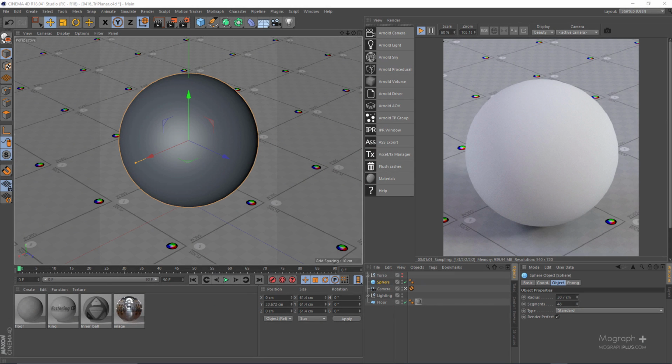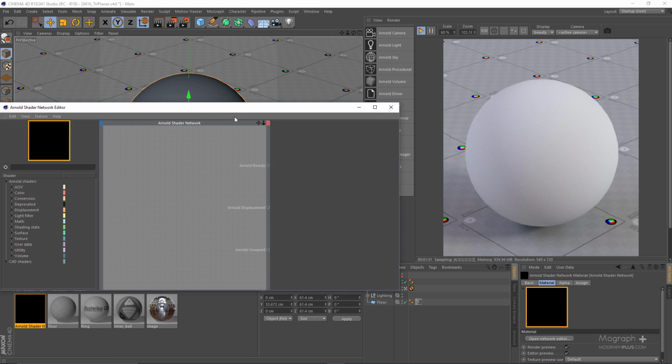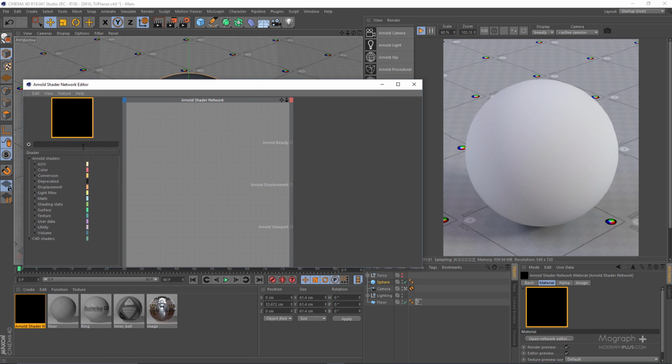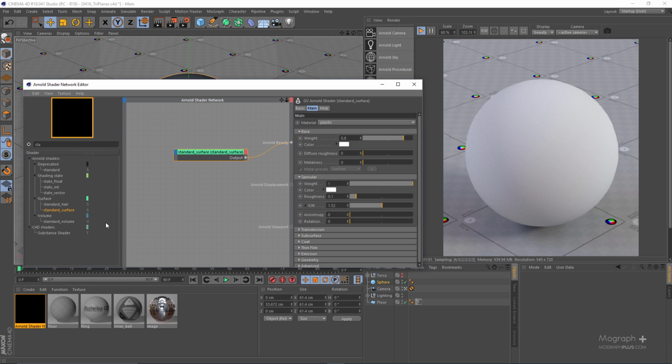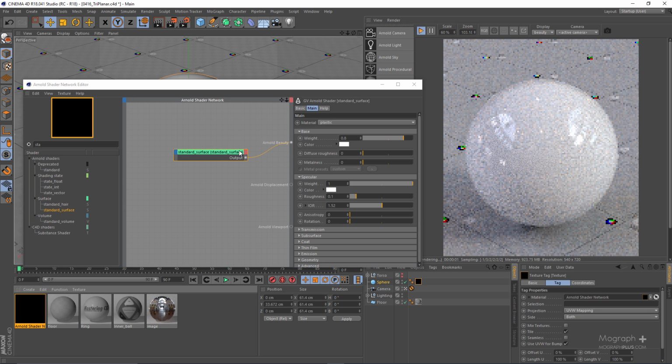Okay guys, in this lesson we take a look at the triplanar shader, which allows you to quickly map a texture without using a UV map by projecting it from all 6 sides. So in this scene I have this very simple sphere, and if I create a shader network, let's add a standard surface shader,